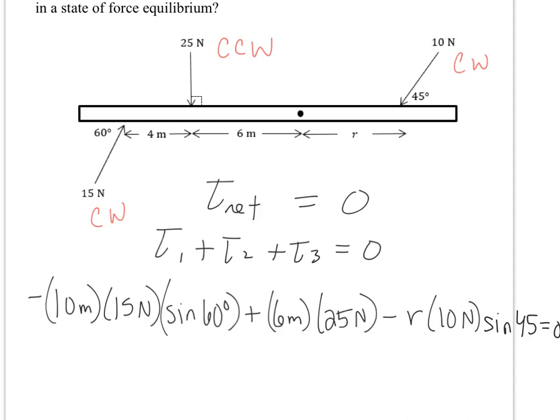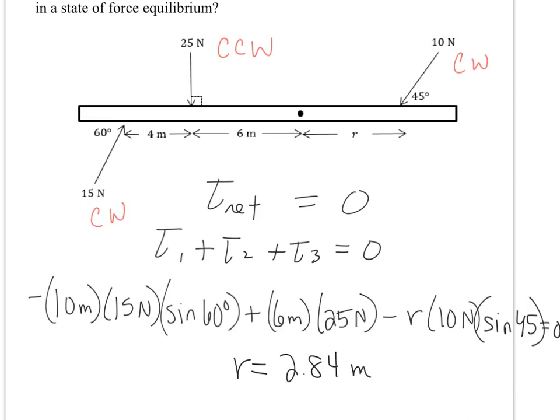This whole thing equals 0. So we have an equation here. Don't forget about this negative sign here and this negative sign over here. This is positive. And all we have to do is go ahead and solve for r. You can rearrange it, go through the process, solve for r. In this case, for r, you would end up getting